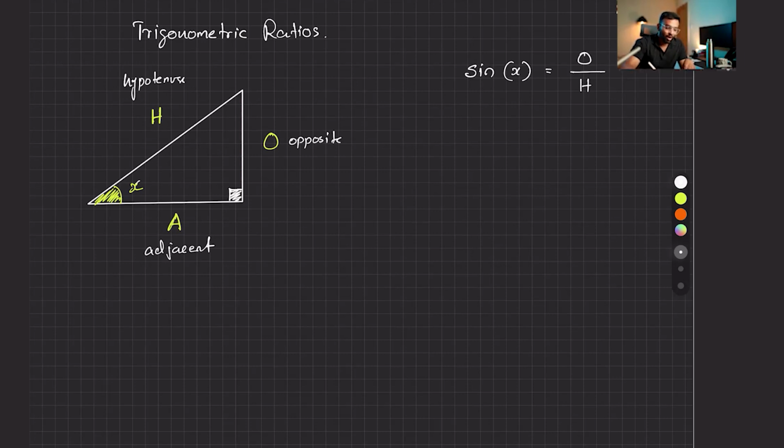So we're given one of the ratios. This is a formula, by the way, you guys need to know. I'll show you how it all works. Hold on a second. So sine of x, this is what we call the sine ratio, with O by H, that is the ratio given.